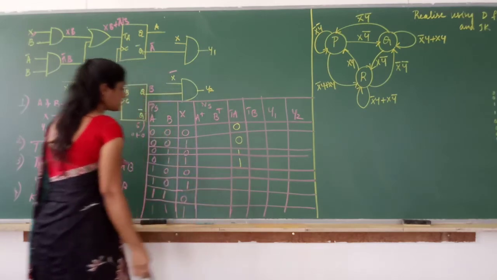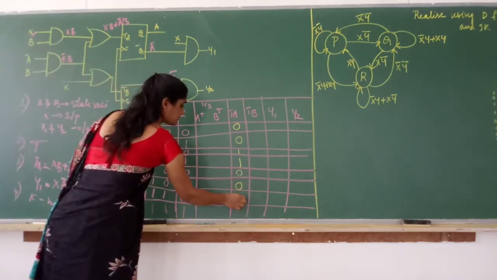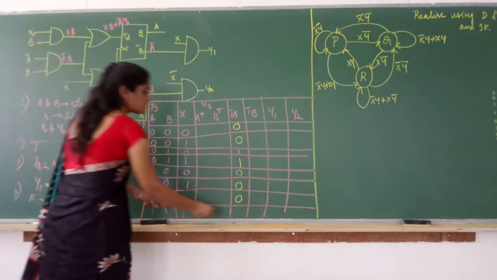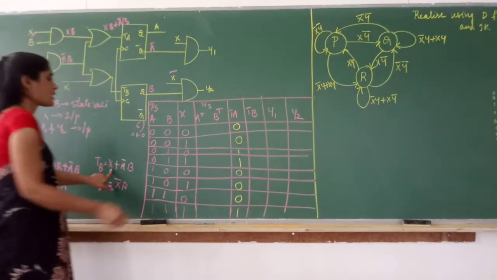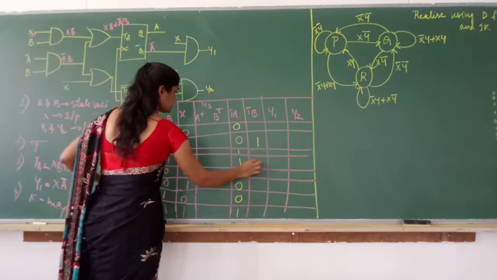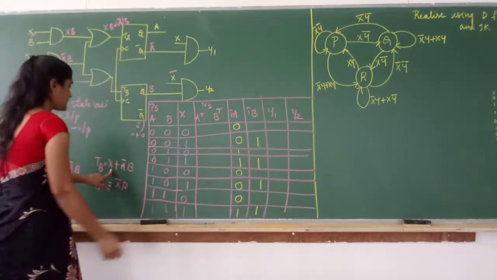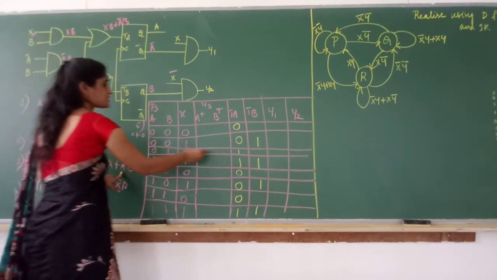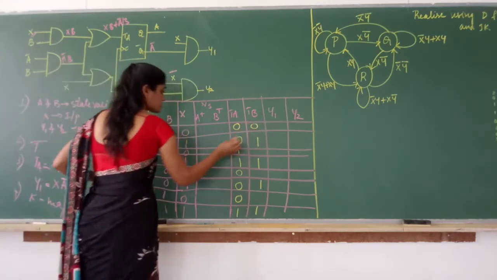So if you fill this, you are going to get the truth table. So 1, 1, 1. XB is 1. So this will be 1. Similarly, what is the equation for TB? X plus A bar B. Wherever you have X 1, you can directly write 1. Correct? These are the places you get 1 directly because X is 1. X plus A bar B. Then look here. A bar B. Again it is 0. Sorry, here. X plus A bar B. B is 0. So 0.